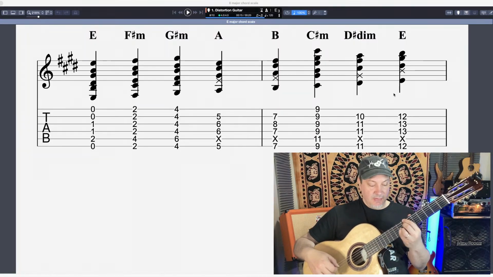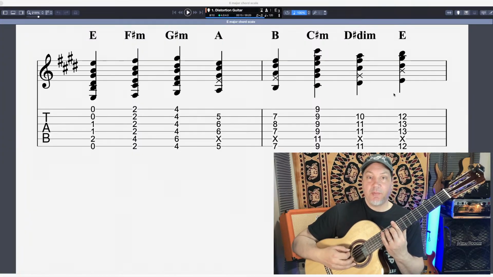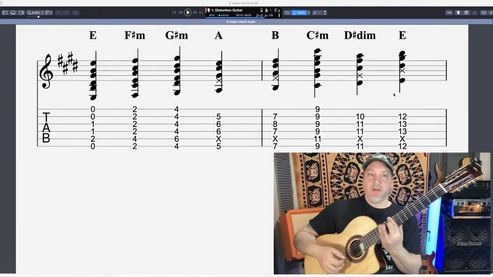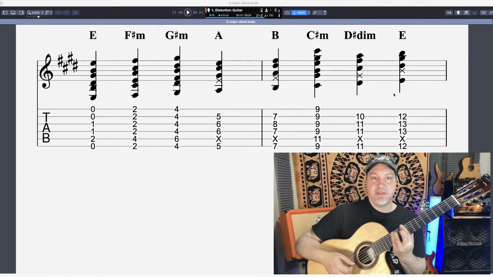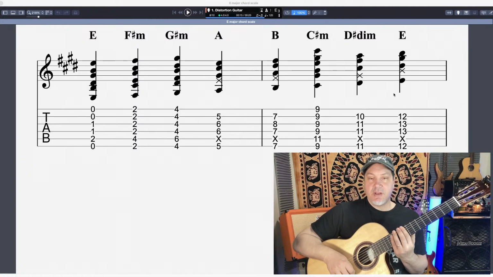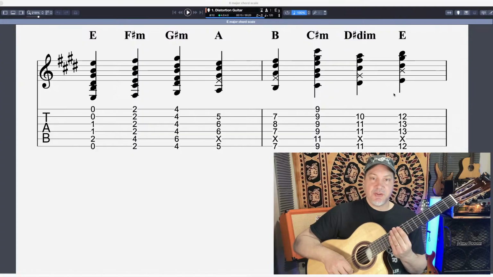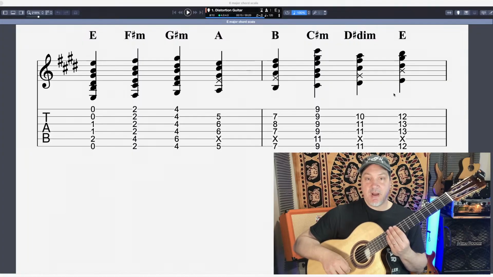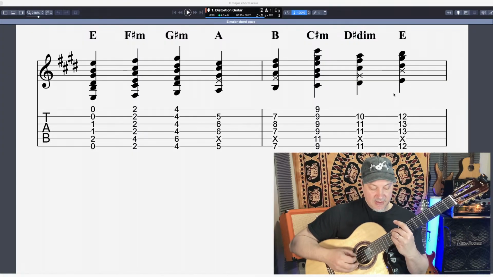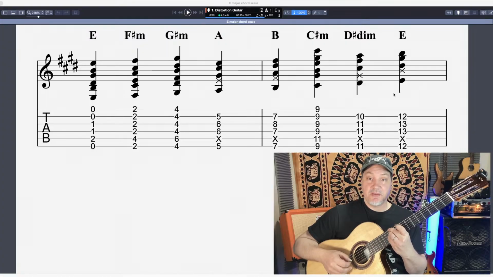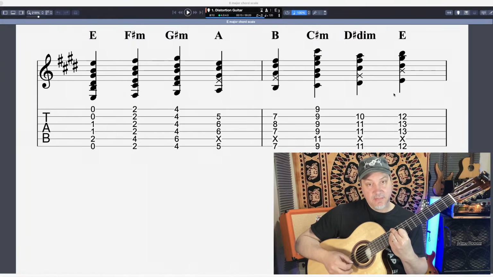Okay, continue. Now we got C sharp minor 7. Okay, that looks pretty familiar. We've played this shape earlier. Now we have that crazy diminished chord, so let's figure it out. It says 11, 11, 11. So at first glance, you think it's a bar, but no. 11, 11, 11. Then you got to save your pointer finger to play fret 10. And now you have